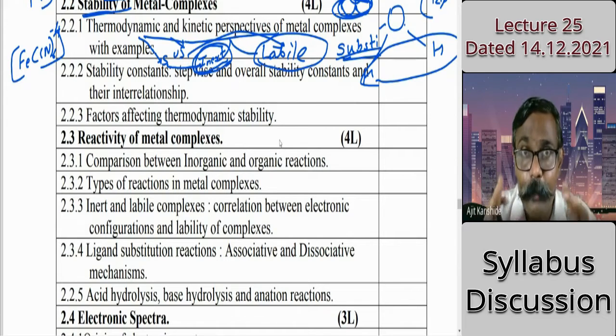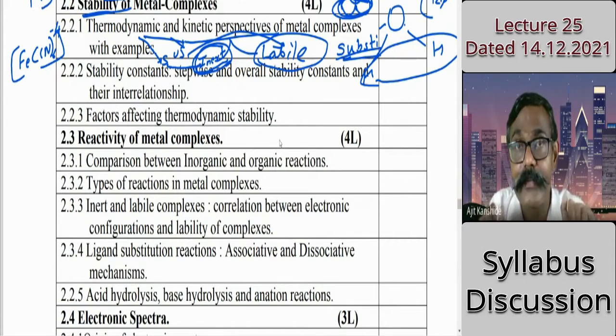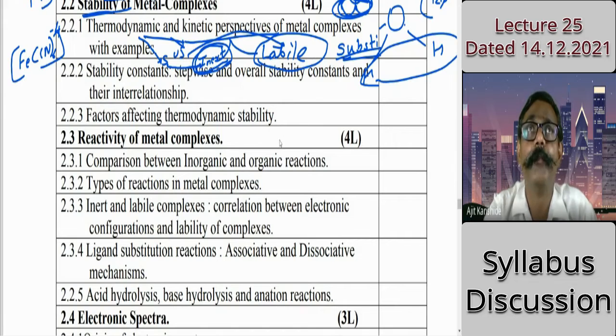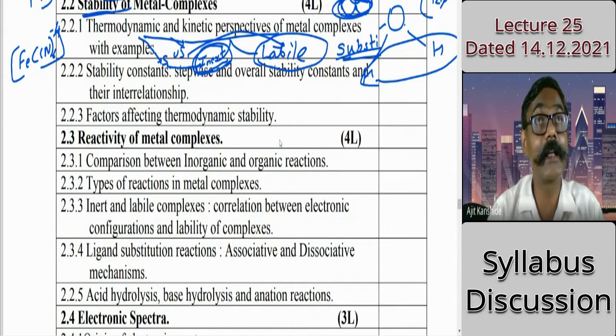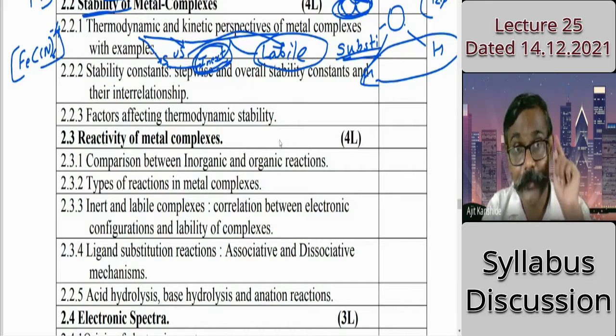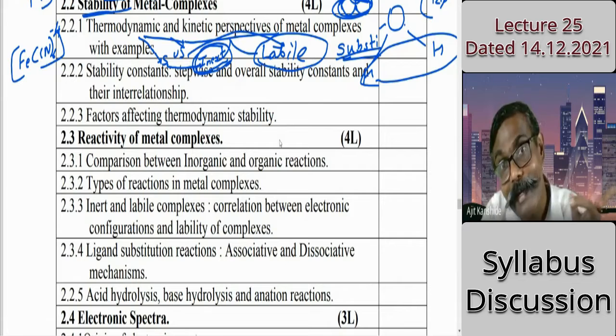So what is the thermodynamic consideration? What is the kinetic consideration? That we are going to discuss in detail. One example I give to you. Few amongst you may have a habit to watch a serial. But the serial remains with breaks. When the break comes, there are students who study, focus on study. As soon as the break finishes, focus on serial. Break comes, study. So their concentration is there: concentration on serial is there, concentration on study is there.